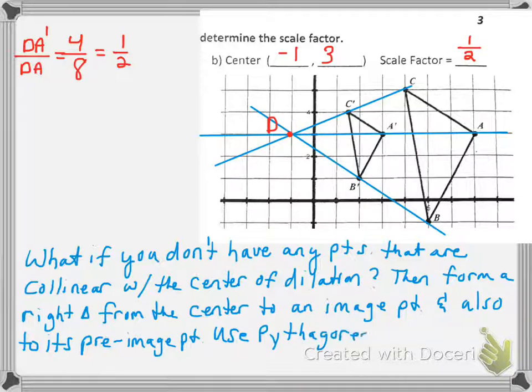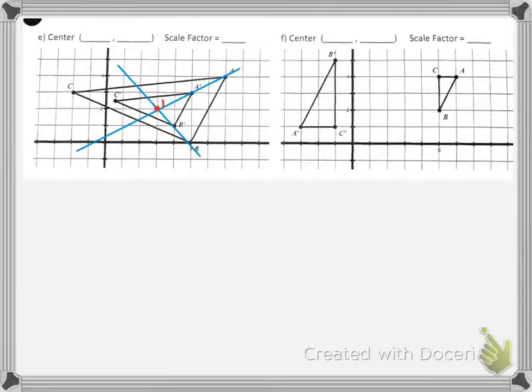Okay, they should have all been 1/2. But the easiest one in that picture was to just do from D to A prime and D to A. So in the next example, I have to use right triangles to show that. You can see I'm working on example E right there, and I found that the center point of dilation